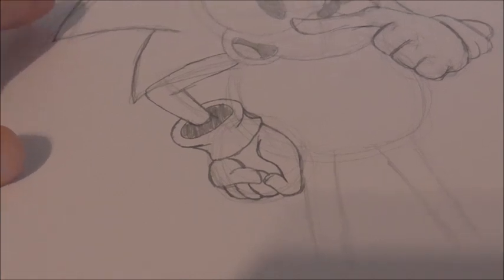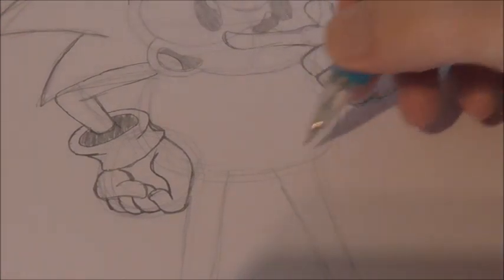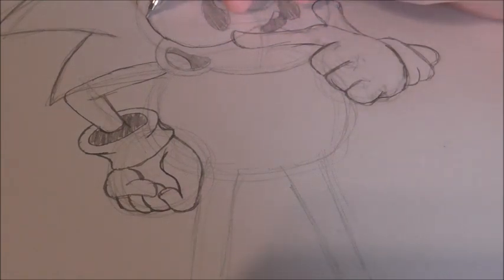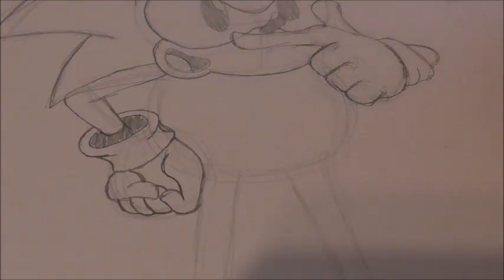So there's his one hand. And now looking at this, Sonic kind of looks fat and his body's really not the shape that we need. So we're going to just kind of, actually you can kind of darken in his face lines a little bit,